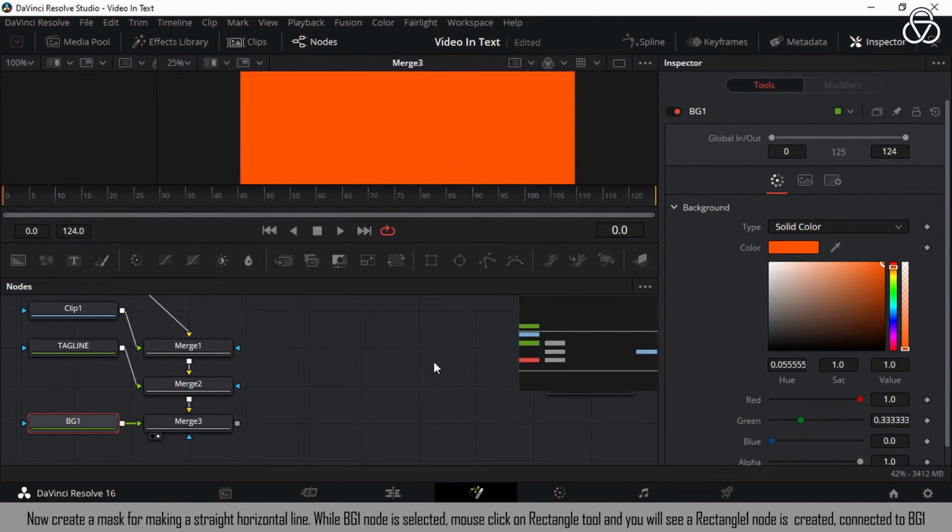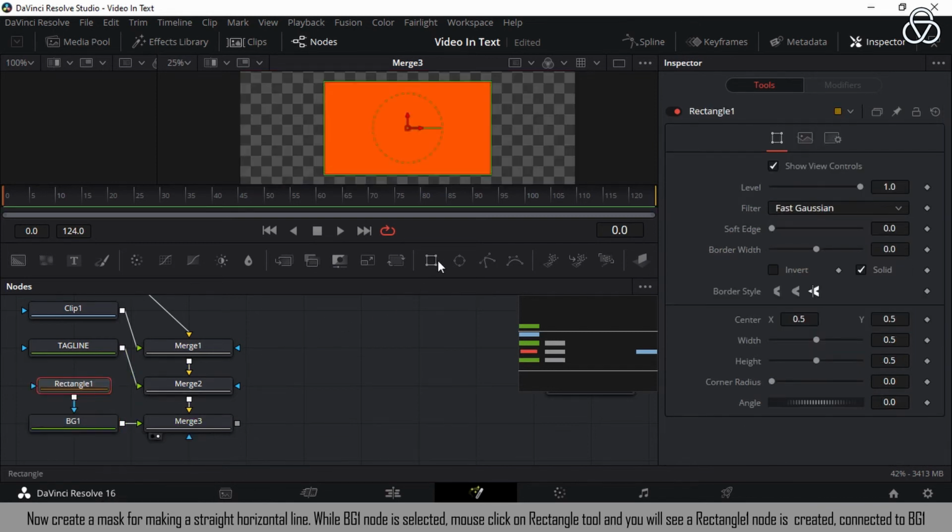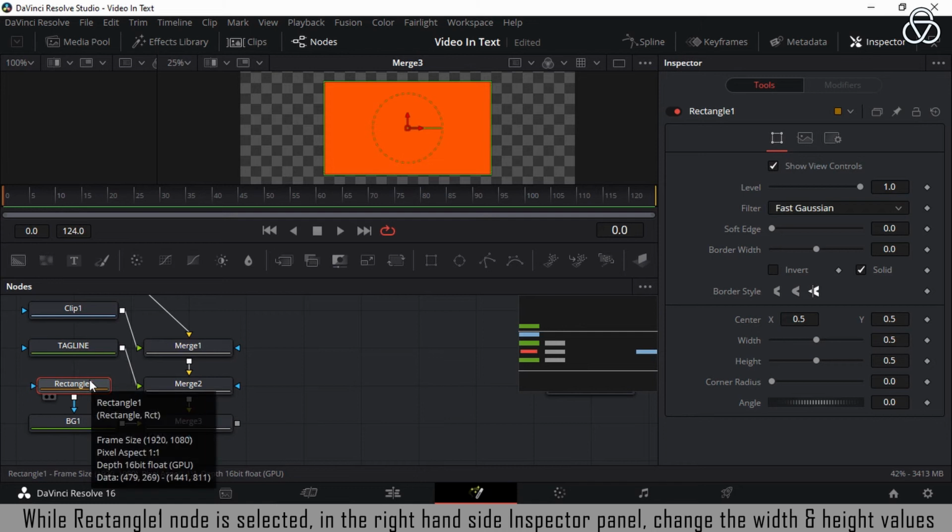Now create a mask for making a straight horizontal line. While the BG1 node is selected, mouse click on the rectangle tool and you will see a rectangle 1 node is created, connected to BG1. While the rectangle 1 node is selected, in the right hand side inspector panel, change the width and height values.